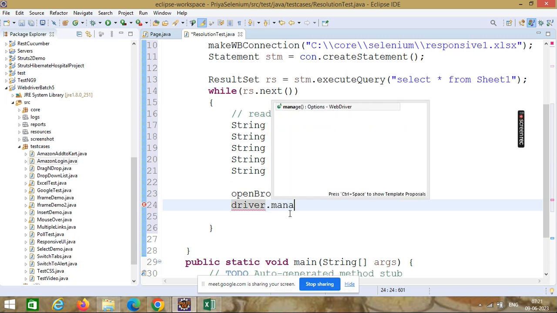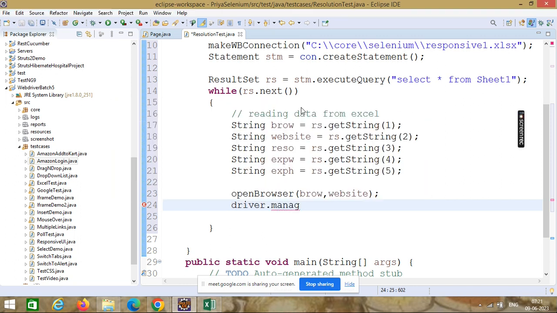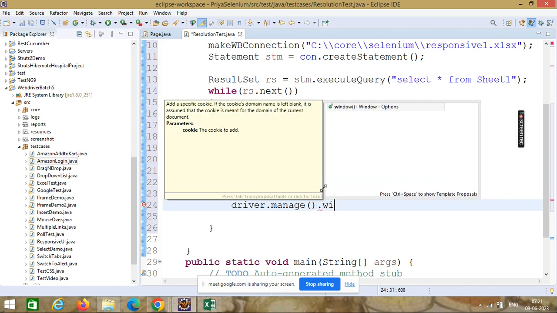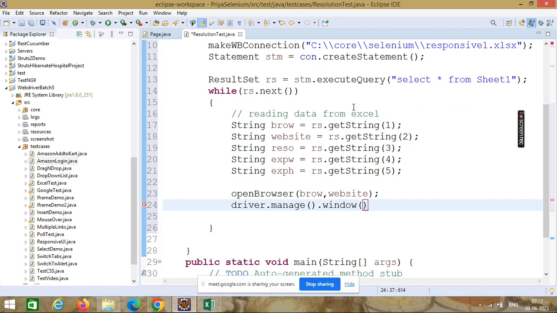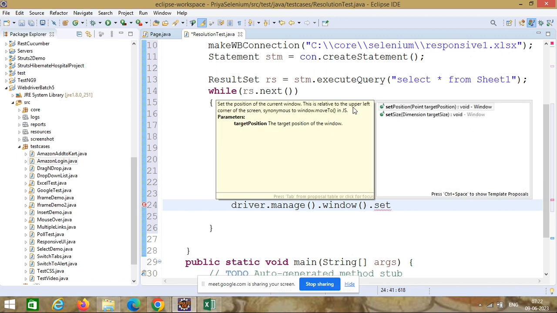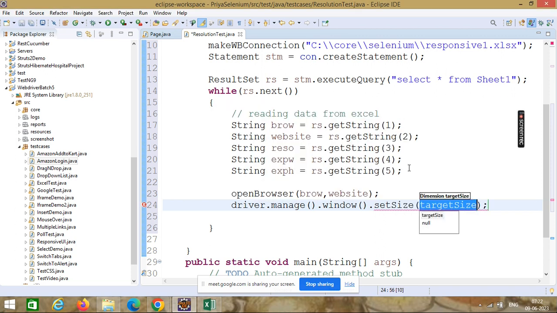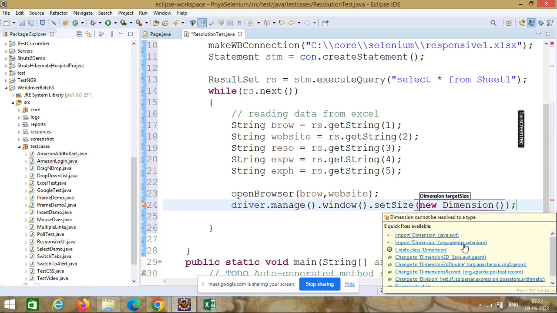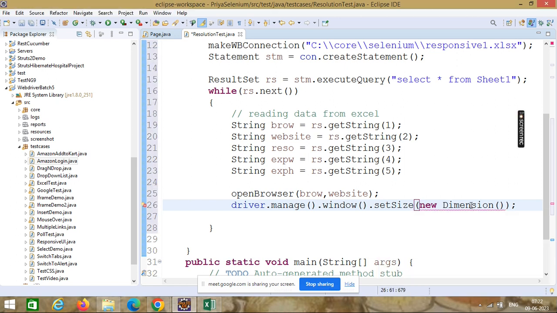Driver dot manage dot window dot set size, new dimension. Now in this dimension I have to pass two int data. Dimension is coming from Selenium. New dimension is taking int value, but here